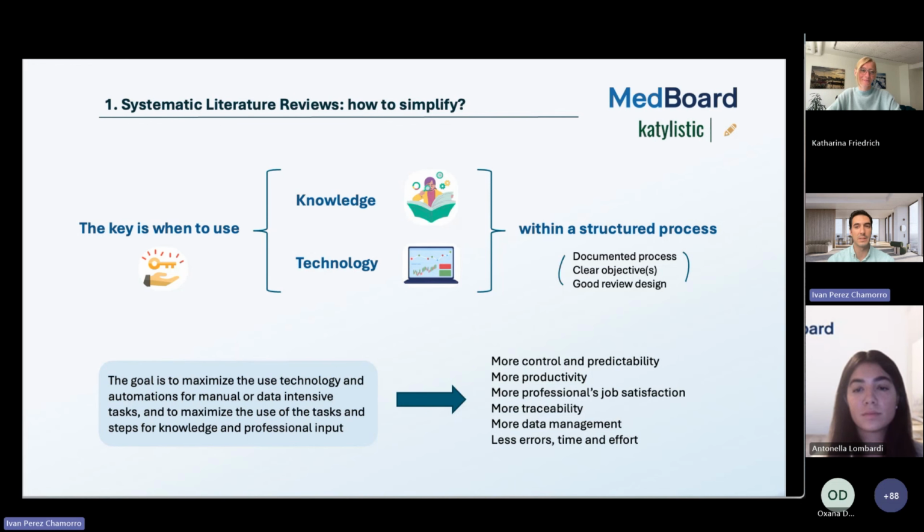And very important, especially coming from a regulatory industry, because we are talking about the systematic literature review process within regulated industries, as we are, medtech, pharma, and so on. It has to have a structured process. And when we say a structured process, very well-defined, step-by-step, a documented process with clear objectives and good design